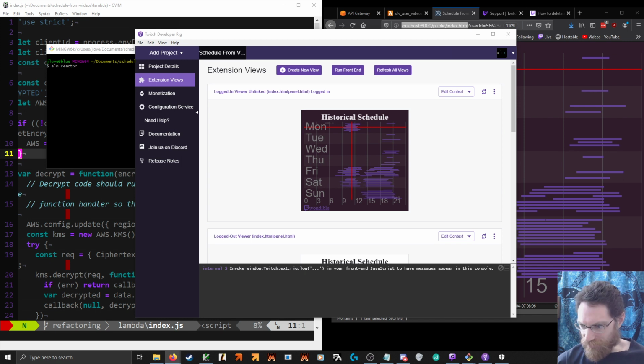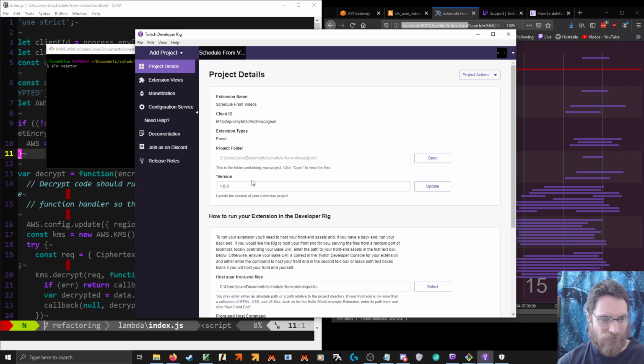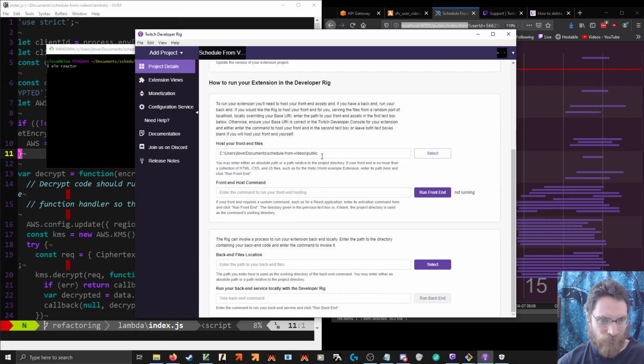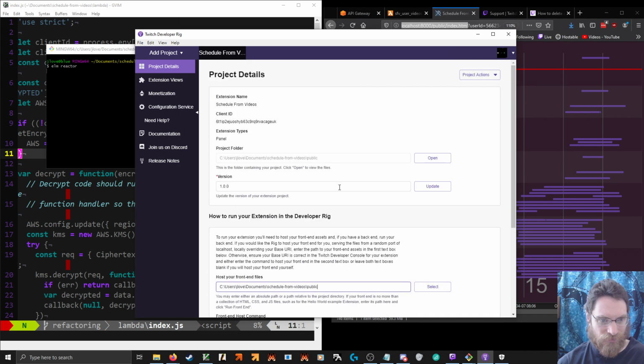Actually index is the web view, so this probably just needs to be public. And actually, that is called local test. So I need you, and that's public. Project folder.